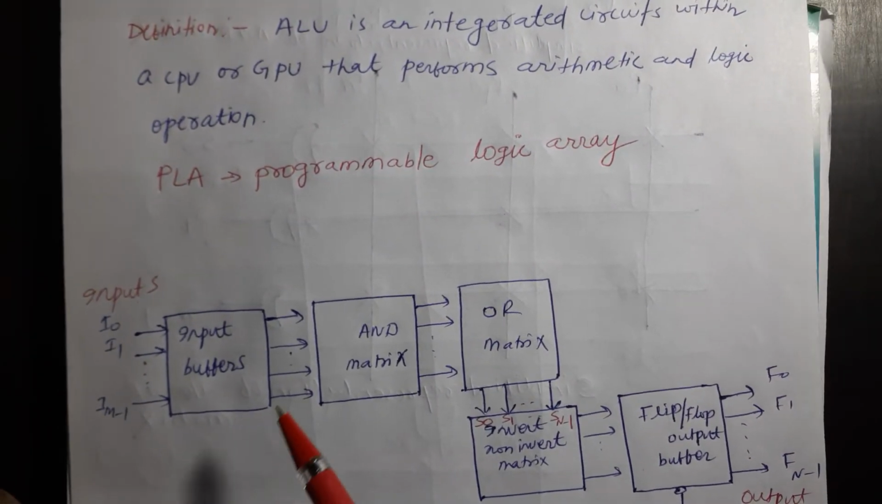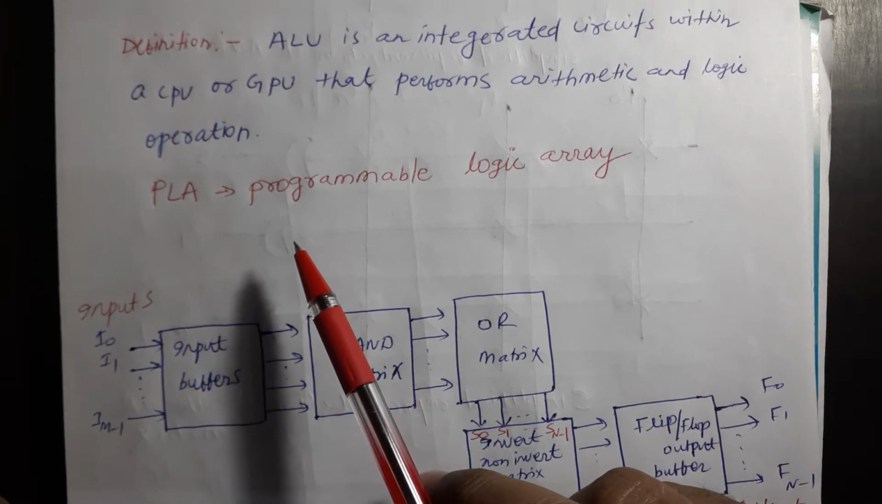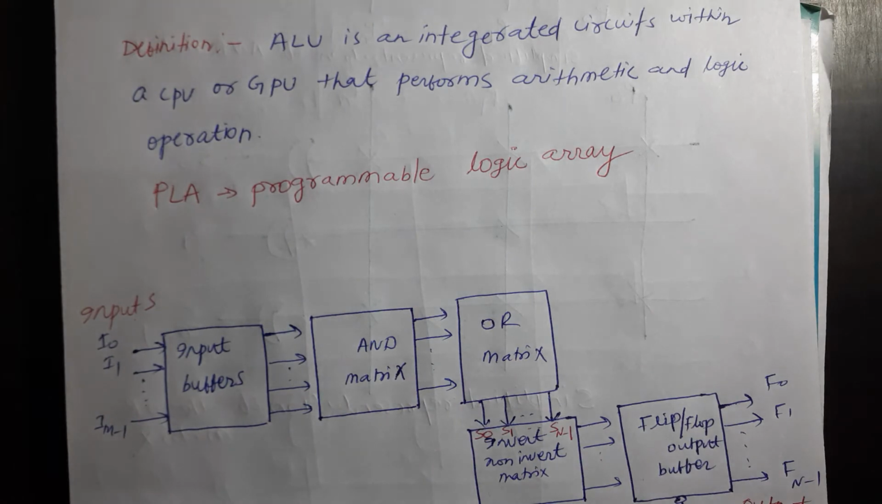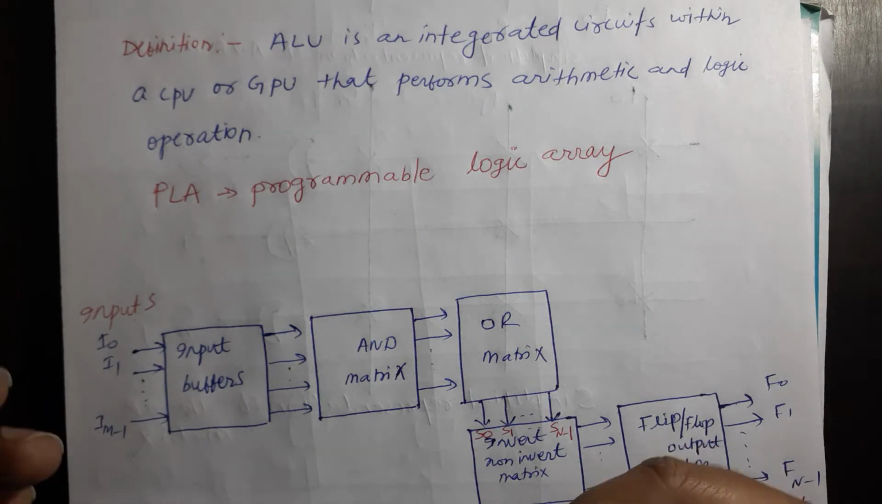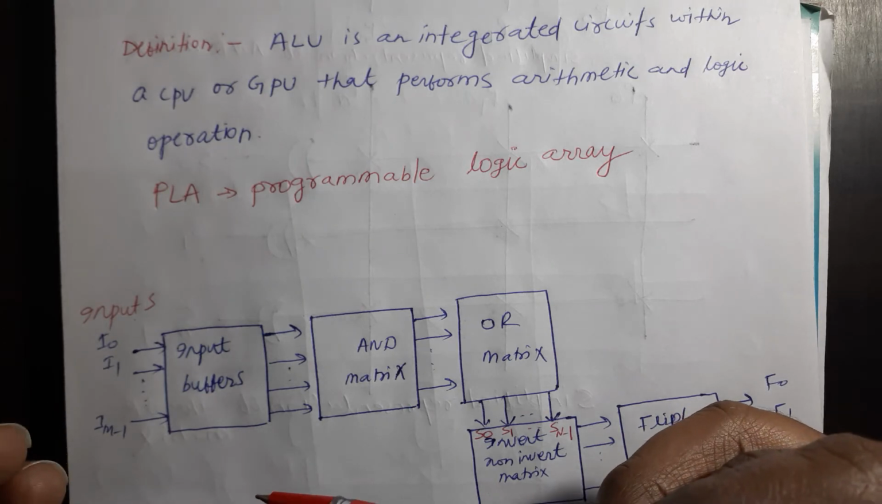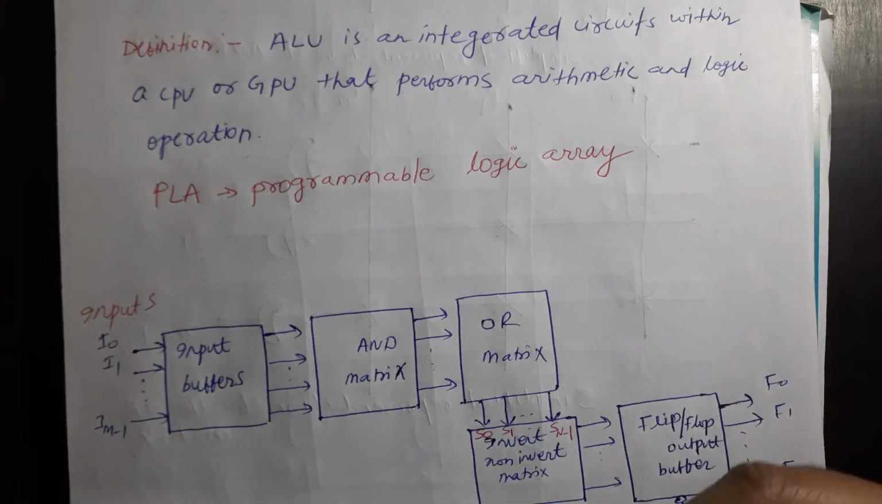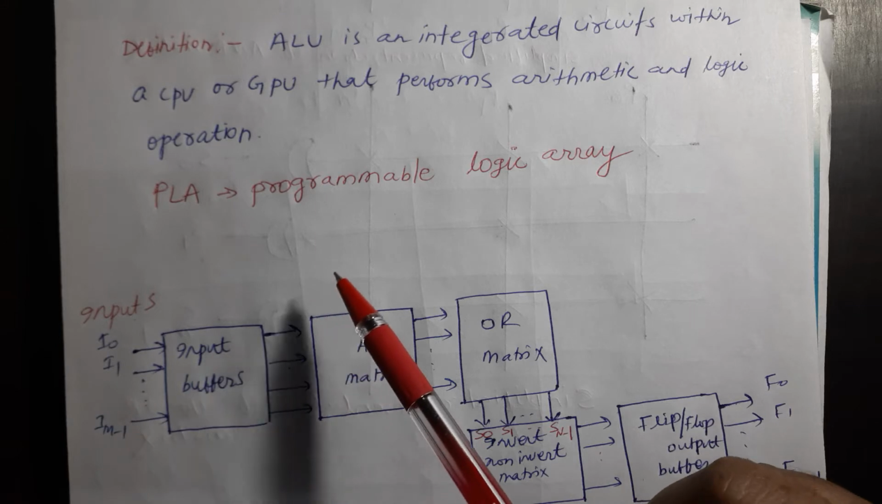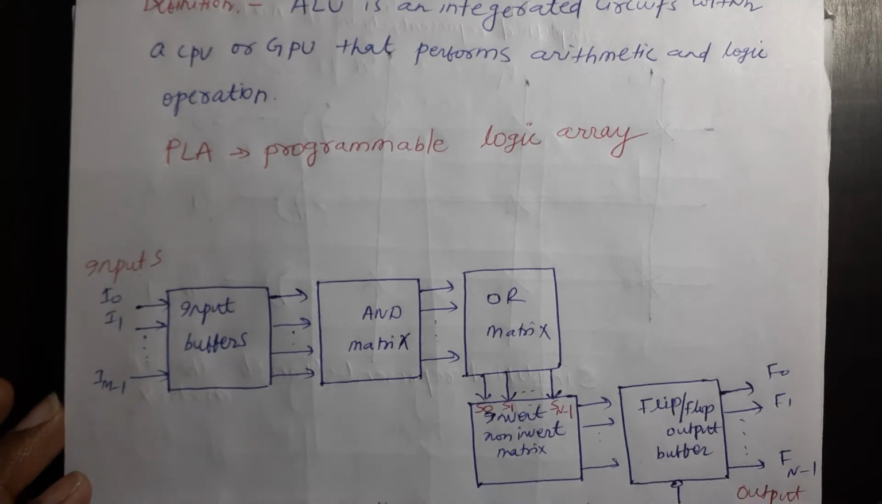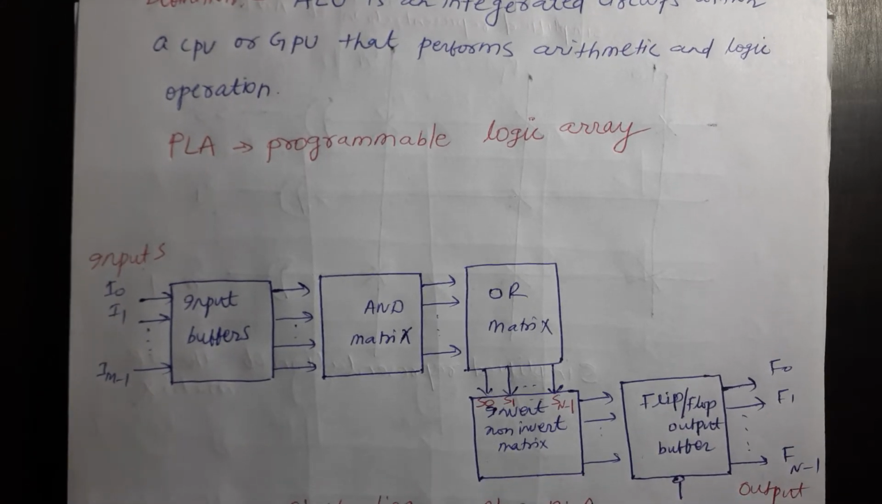Now PLA, this is part of ALU. So basically arithmetic logic unit can be PLA, can be PAL and PROM. PLA is a programmable logic array. If we talk about the block diagram of PLA, then